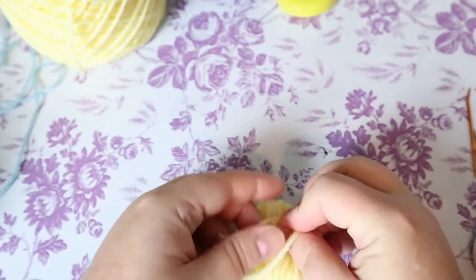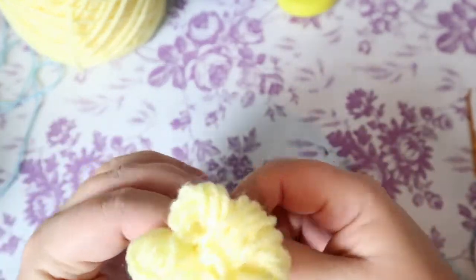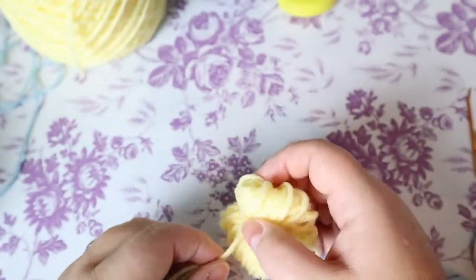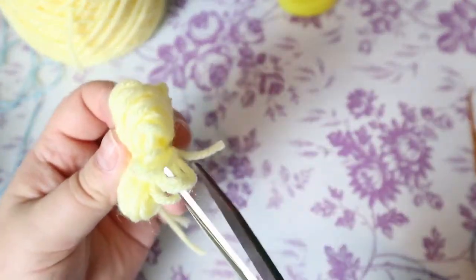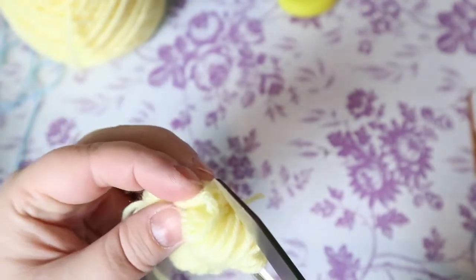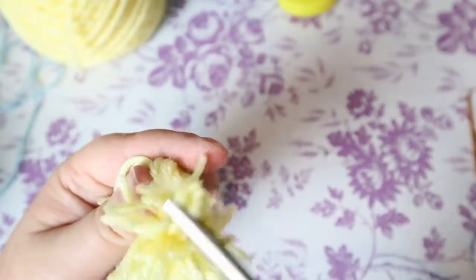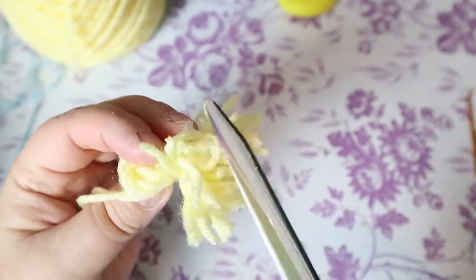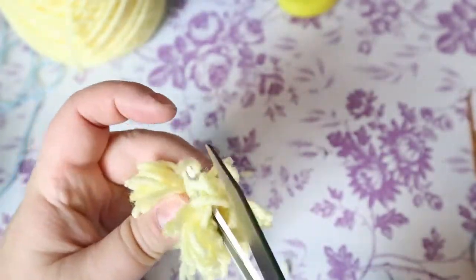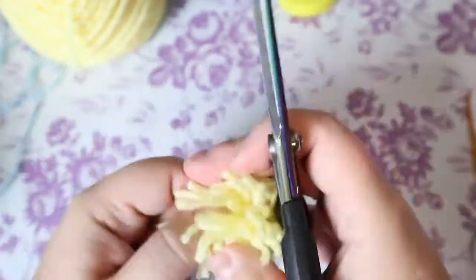Just remember to keep your tails, you're going to need those. Actually, you're not going to need them. You need them to hang on to so you can get all your loops cut. So find all your little loopies. You probably will not find them all in the first bunch, but cut all your loops. So once all your loopies are cut,